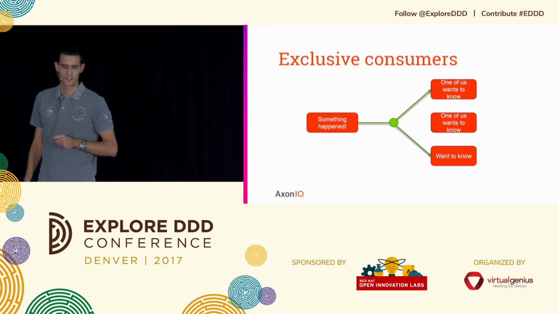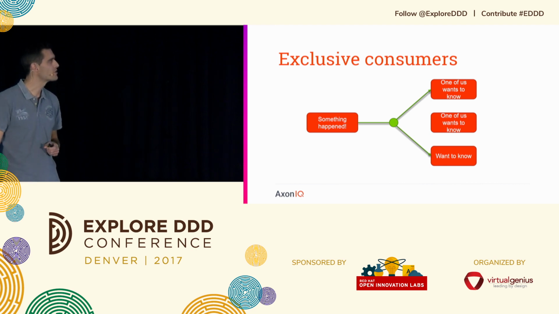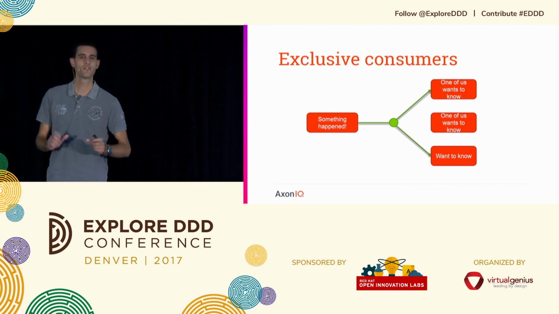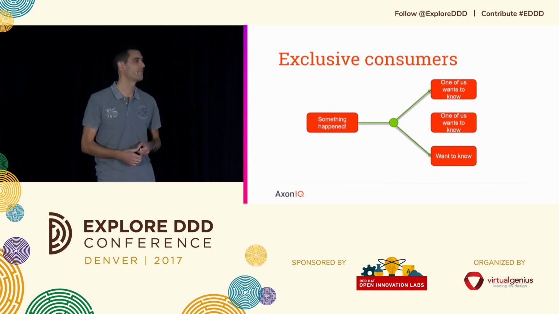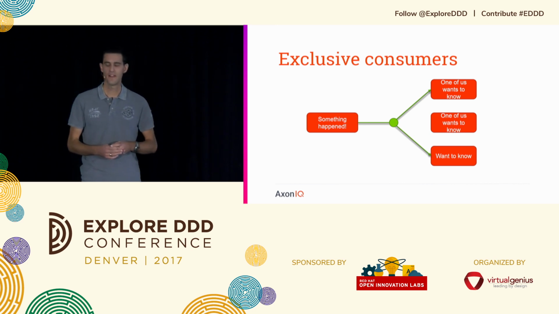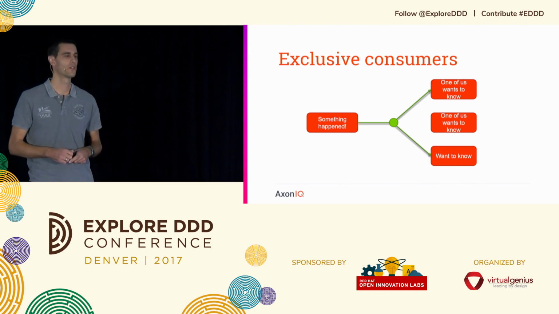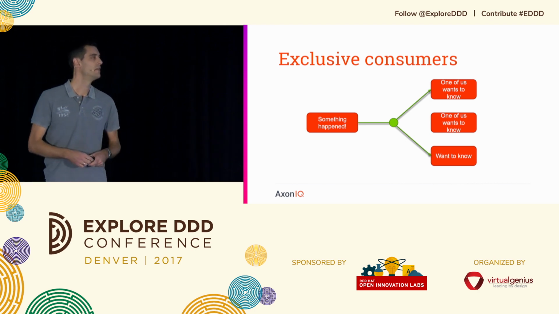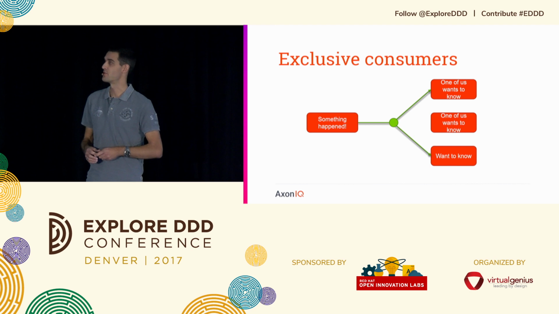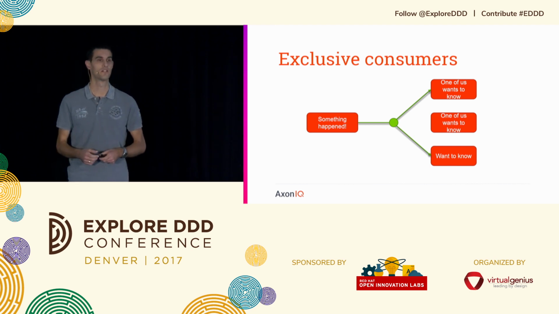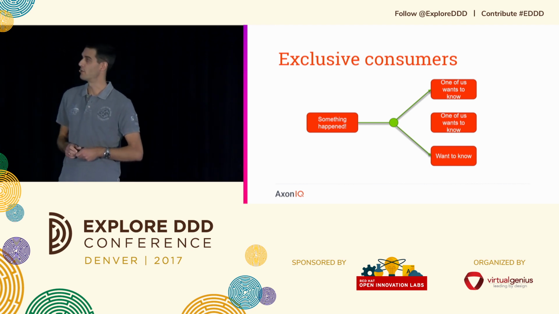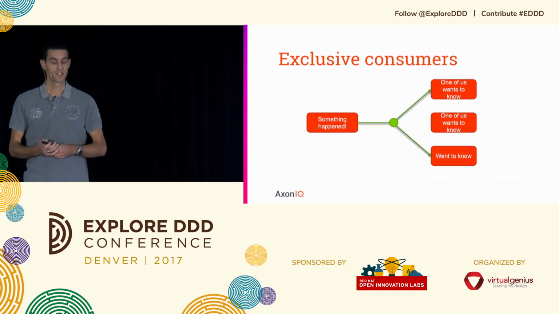But there's other situations, and sometimes you have components where only one of 2 instances wants to know a specific event occurs. And then things become a bit more tricky, because it's not really publish-subscribe anymore. You're not publishing it to everyone, or at least one of the consumers wants to know, and that means the other one doesn't for now. So one way to deal with that is have exclusive consumers.